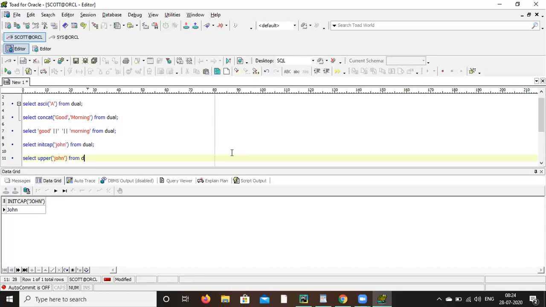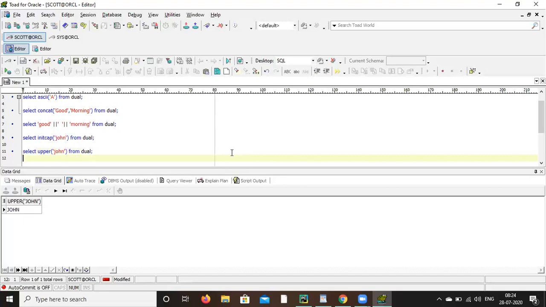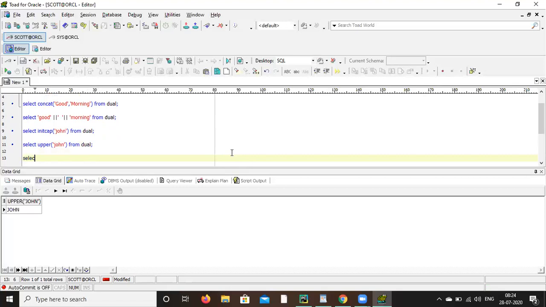So whatever the programming language, Python or C, whatever, these built-in functions like upper and lower are there everywhere. The difference is the syntax, maybe some keyword, but otherwise it is the same concept.